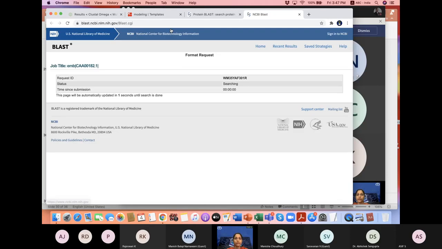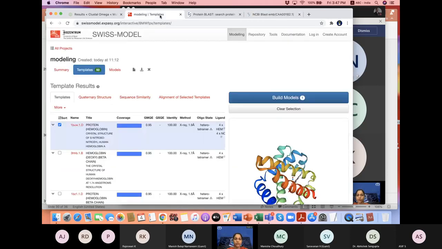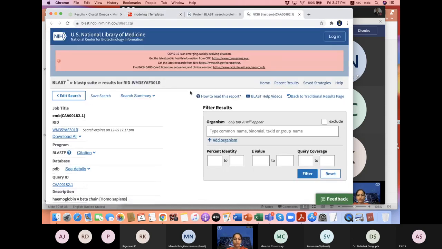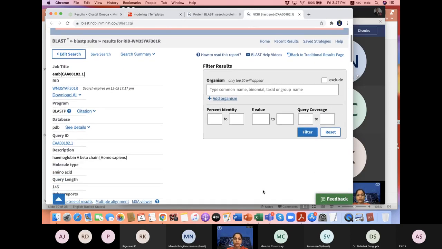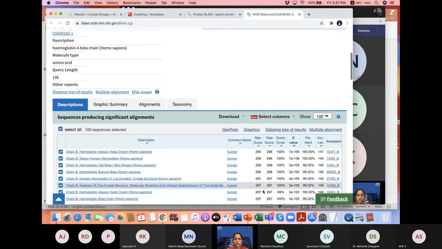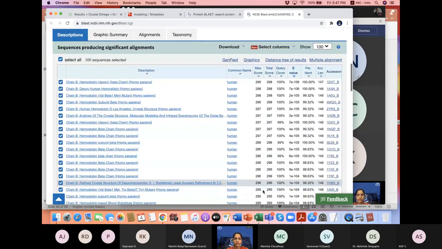Meanwhile, we might have already got the templates in Swiss model. Yes. Now when we are looking here, you can see, these are the information that BLAST has given us. You can see here chain B, hemoglobin beta chain, Homo sapiens, and it is 100% identical, 100% query cover and 100% identical, right?